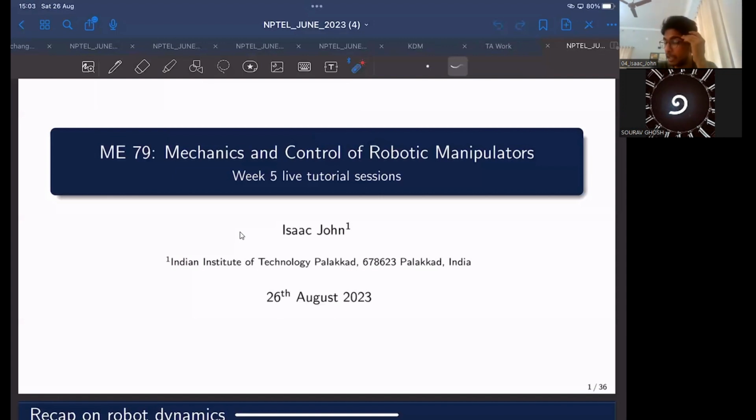But due to the fact that we'll also have trajectory planning this week, we are not covering trajectory planning during this session because the quizzes do not have questions regarding trajectory. That will come in week 6's quizzes. So with that, I suppose we can start the session officially regarding dynamics. Although the title says week 5, it covers trajectory also.